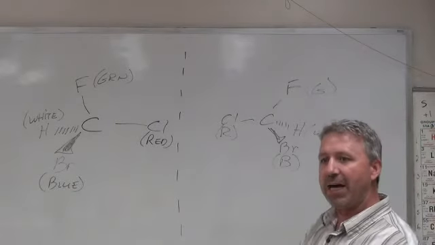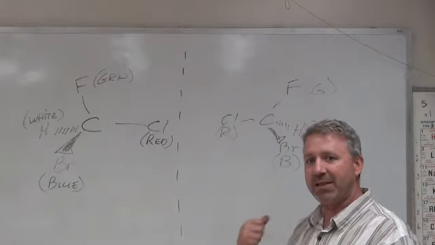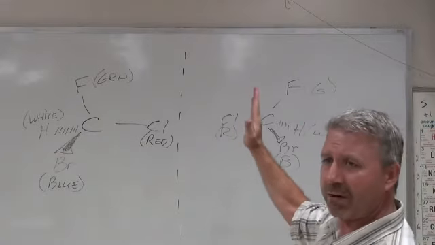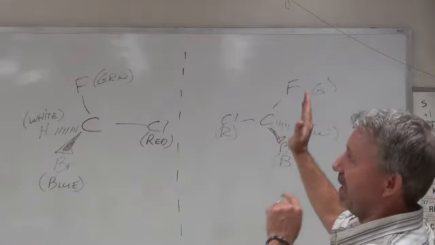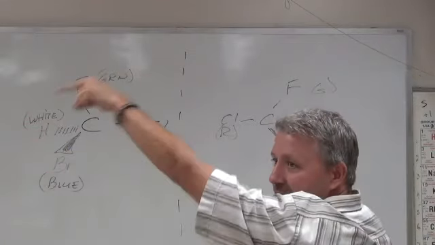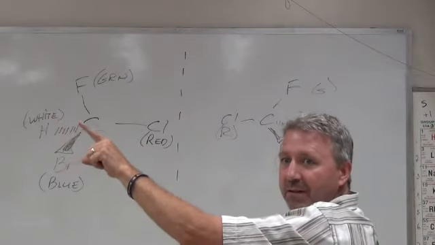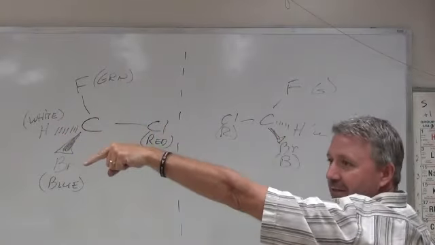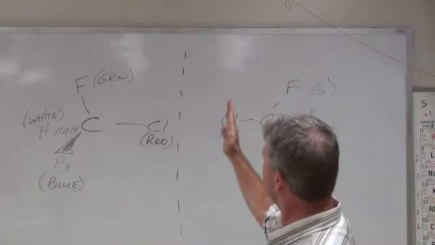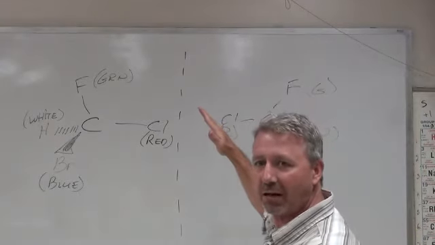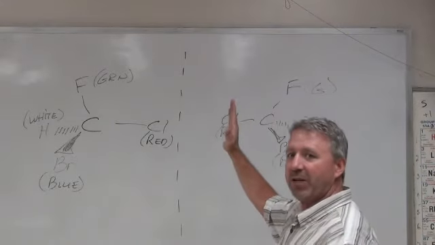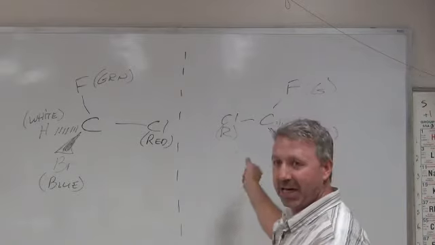Now, we have two different isomers, the L isomer and the D isomer. So if you think about a clock, and you think about your plane polarized light, anything that's rotated left hand in the counterclockwise direction is the L isomer. Counterclockwise is left. That's the L isomer. If you rotate plane polarized light off the 0 degree and you rotate it 3 degrees counterclockwise, let's say, you have the L isomer. If you rotate it 3 degrees in the clockwise direction, you have the D isomer.